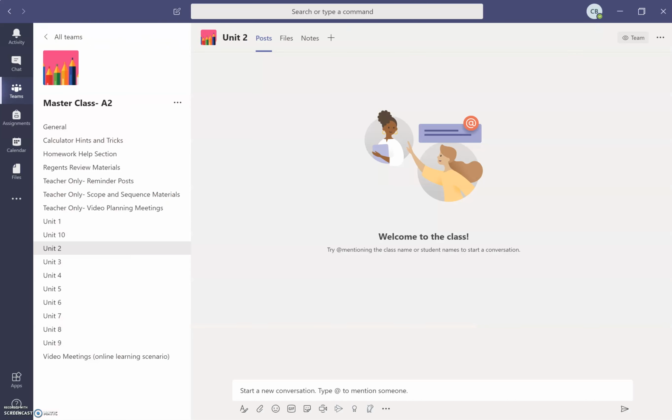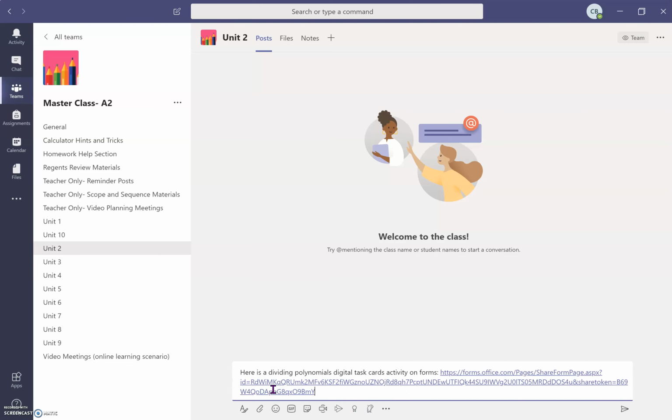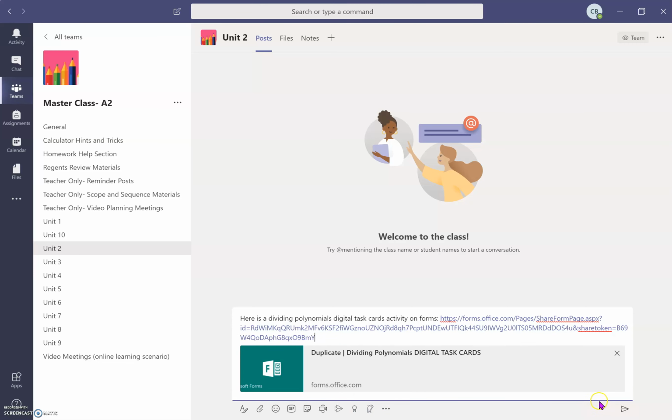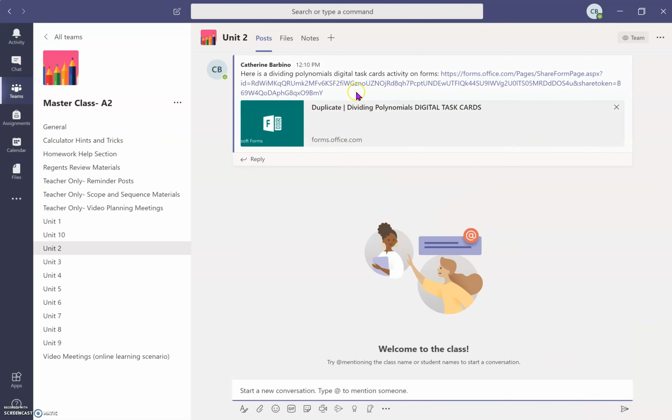I'm going to go back to my Teams. I'm in Unit 2 under this channel, and I'm going to write, here is a dividing polynomials digital task cards activity on forms. So everybody knows what it is. And then I'm going to paste the link. And you can see it shows up as duplicate. So that means if I were to click this,